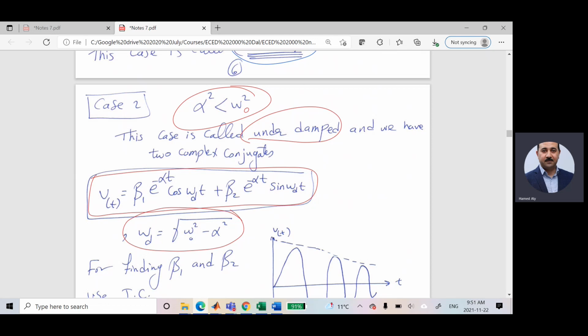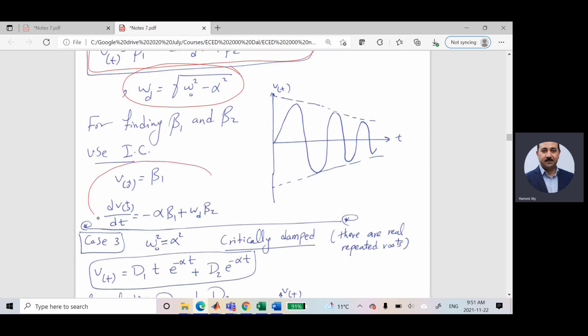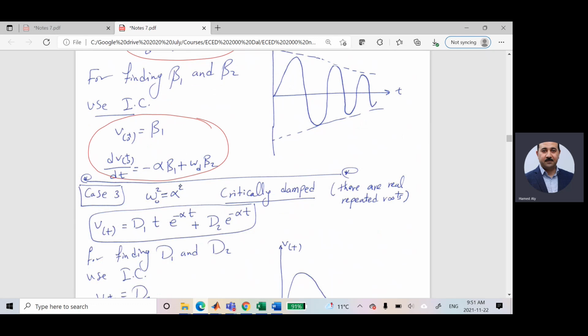Again, for finding beta 1 and beta 2, we are using the two initial conditions, V of 0, which is equal to beta 1, and dV of 0 by dt, which is equal to negative alpha beta 1 plus omega d beta 2. But if alpha squared is equal to omega O squared, this case is called critically damped,